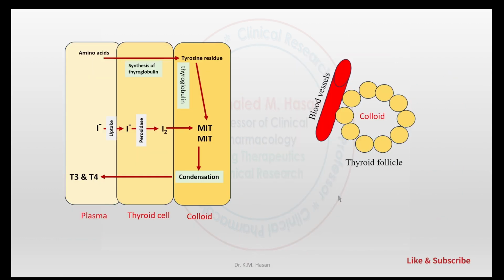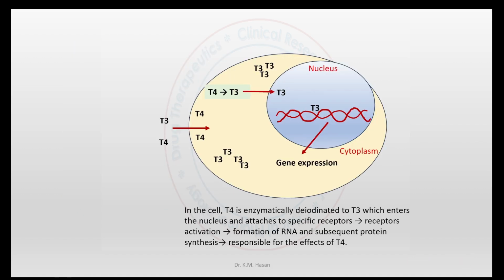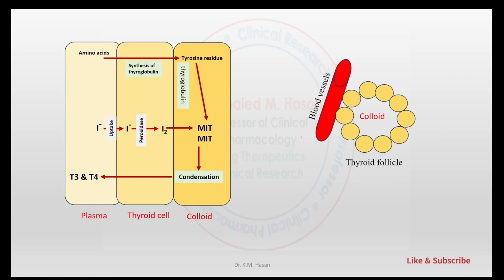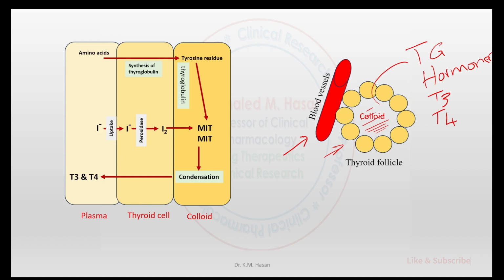Okay, this diagram here represents what we have. As you can see here, we have the blood vessels in contact with the thyroid gland, and we have thyroid follicles, and we have thyroglobulin here. Inside this thyroglobulin we have the hormones, T3 and T4. So if you look on the left side, as you can see here, from the plasma